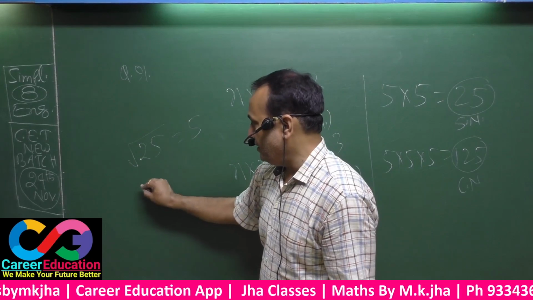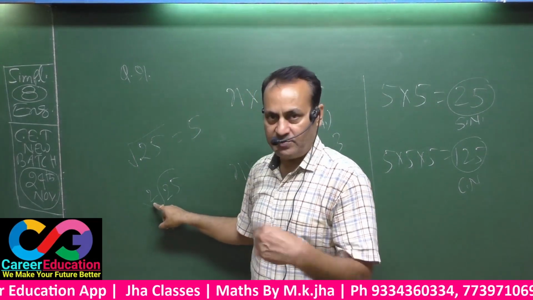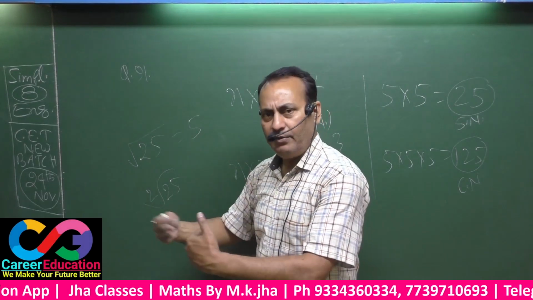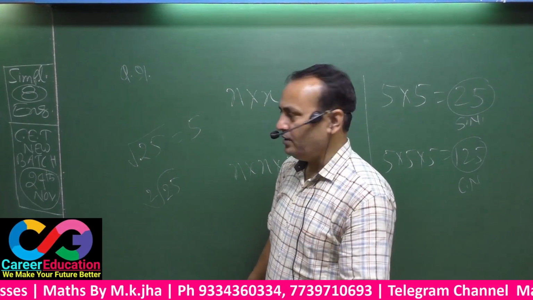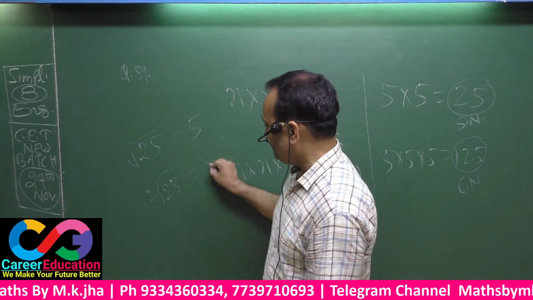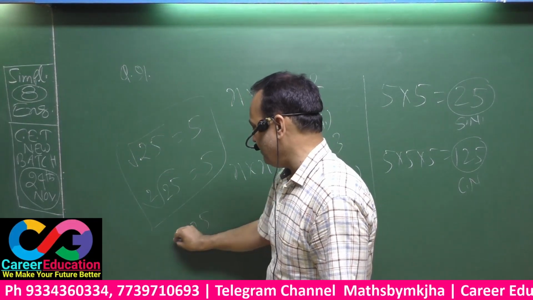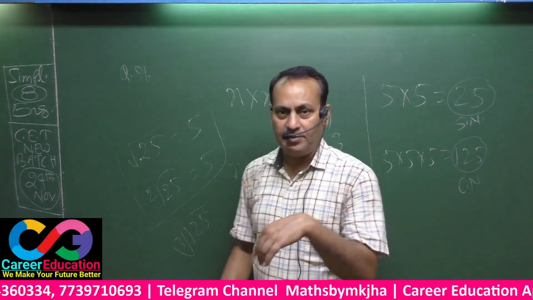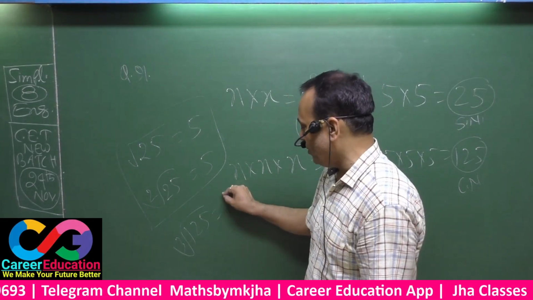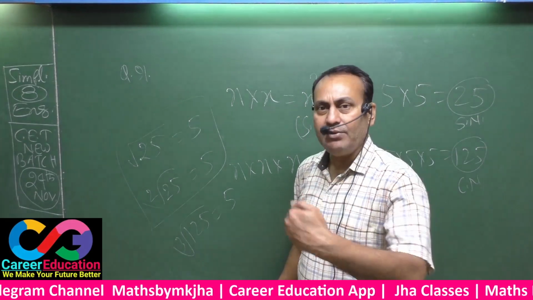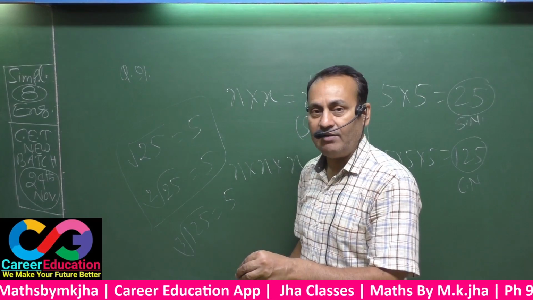Similarly, this can be written as 25 under root, 2 may or may not be here. That means this and this equally can be calculated. This is also 5. Now for the cube root of 125, you have to point out the value. This is also 5. As 5 cube equals 125, that means the cube root of 125 is 5.